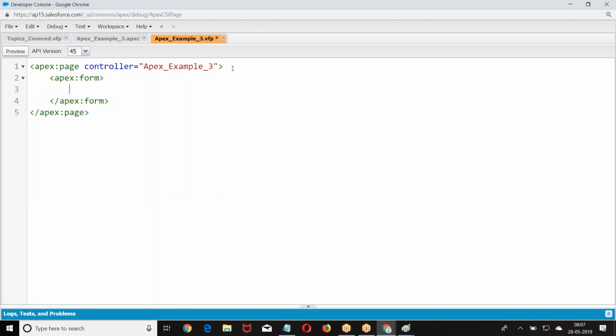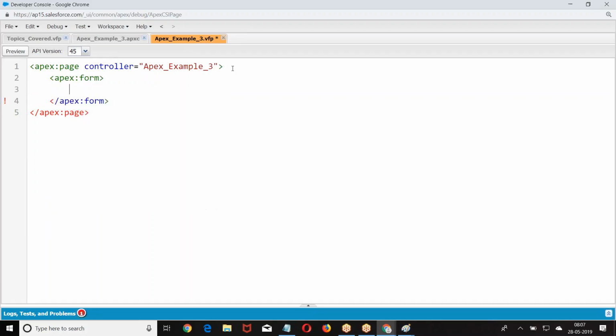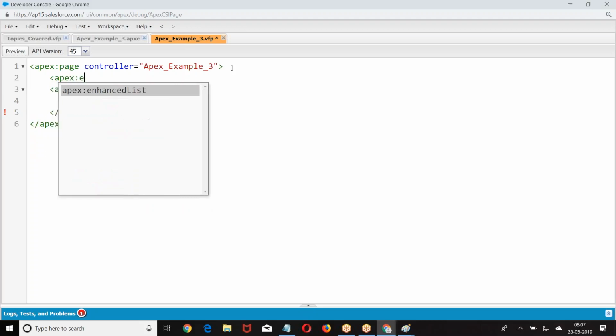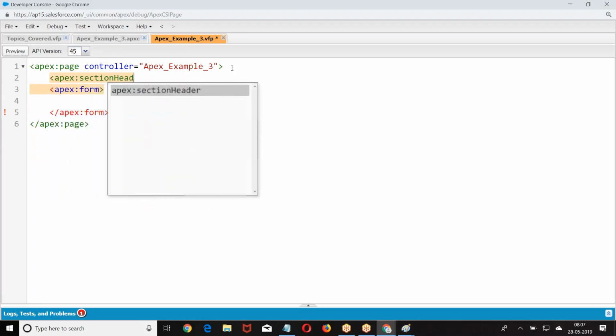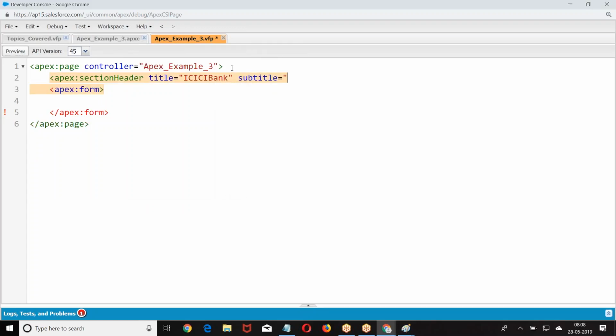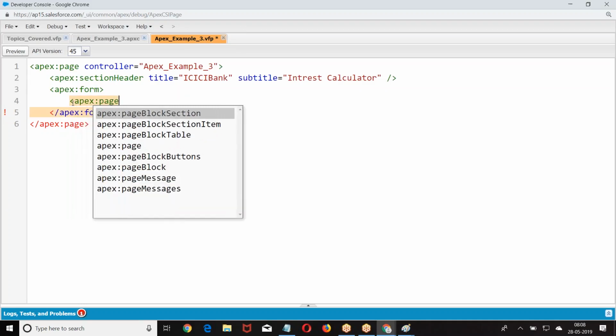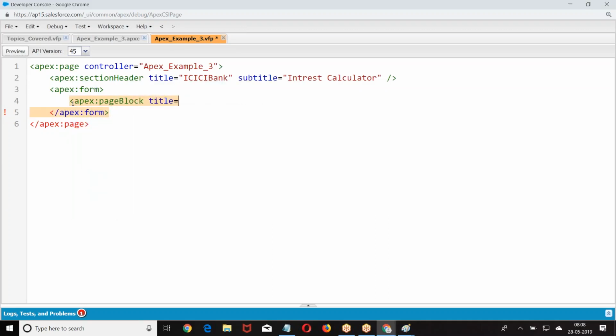We want to take an Apex form. Then we are going to take an Apex page block.